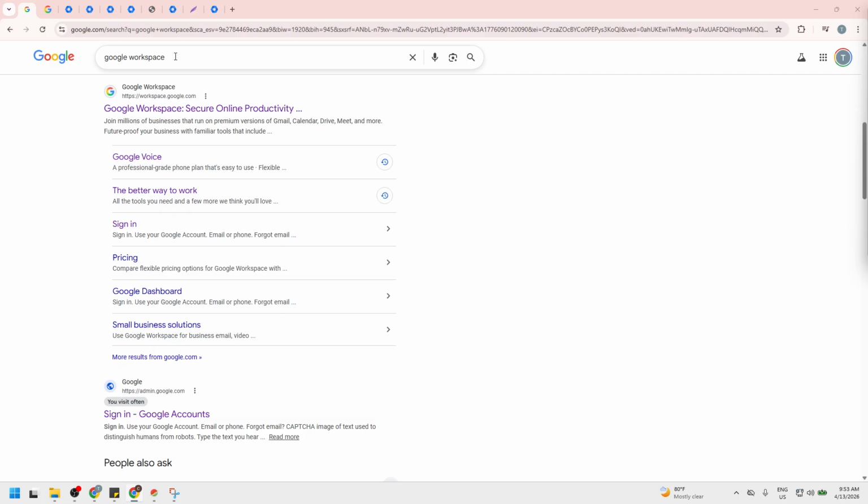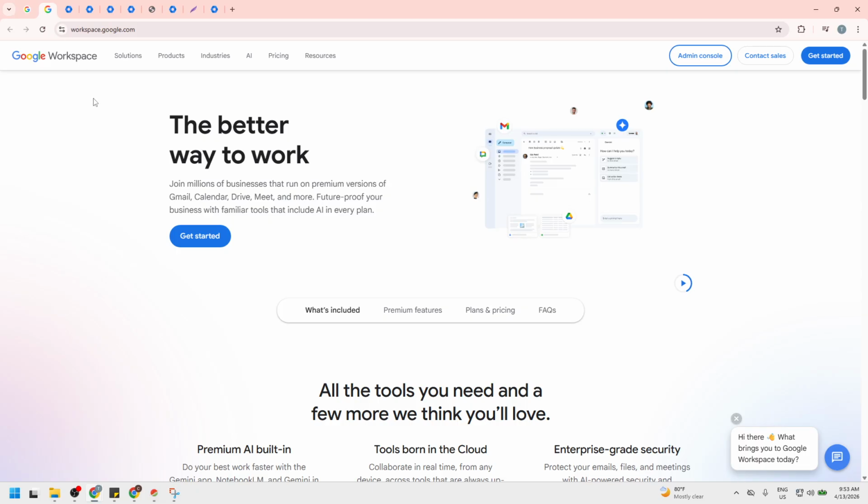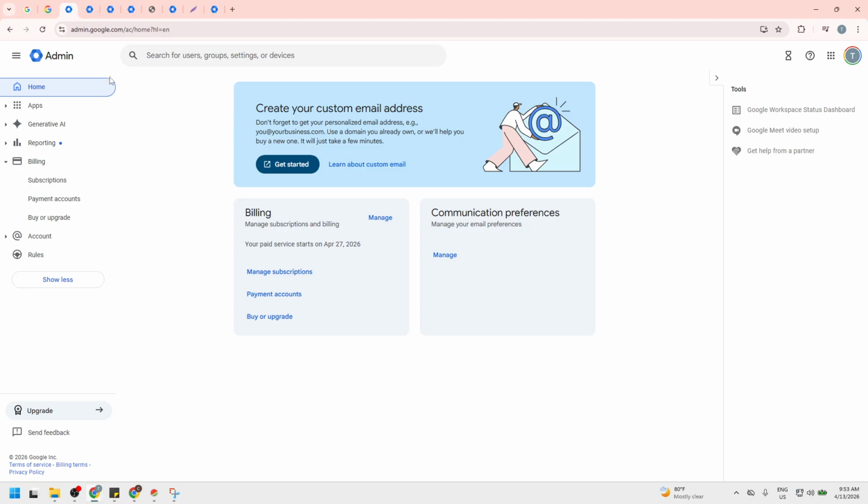Start by opening your browser and searching for Google Workspace. We're aiming for the official Google Admin Console, which is where billing lives. When the results appear, click the correct link from Google. It will typically mention the Admin Console and use a google.com address. If you see ads or third-party sites, skip those and stick with the official link for security.